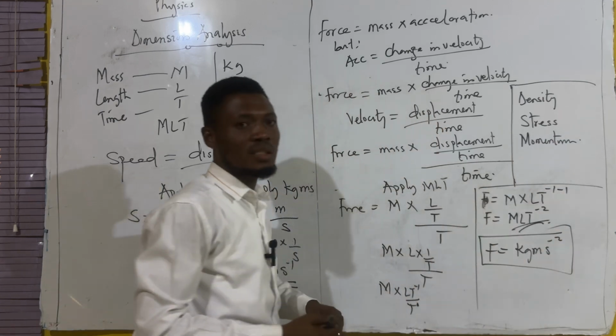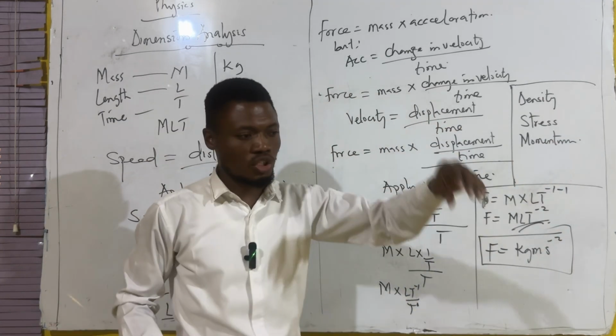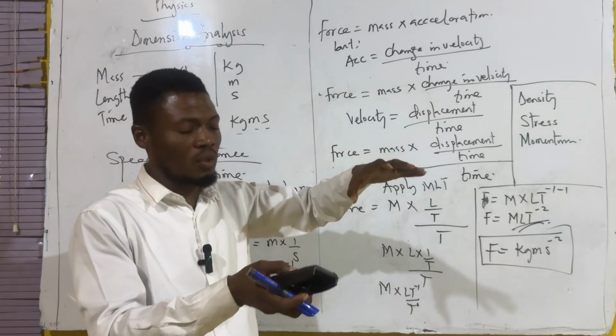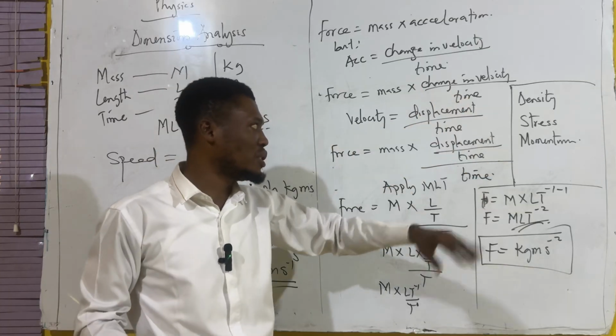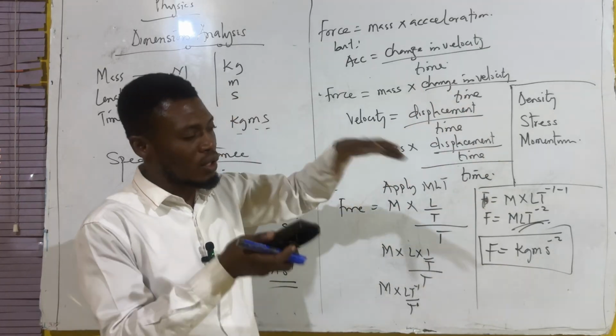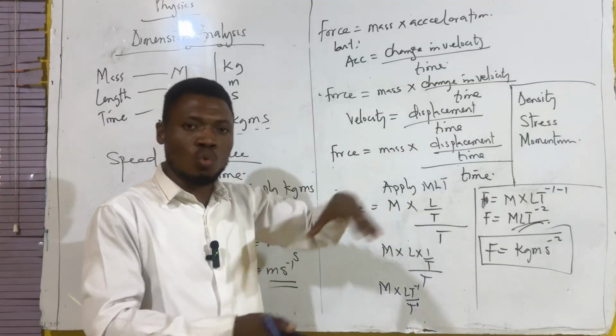So what do you do? Density, formula for density. Check, does the formula have a formula? If they do have, break it down until nothing remains, then apply MLT. Same thing with stress. What is the formula? Look at the formula. Do they have a formula? Break it down until there's no